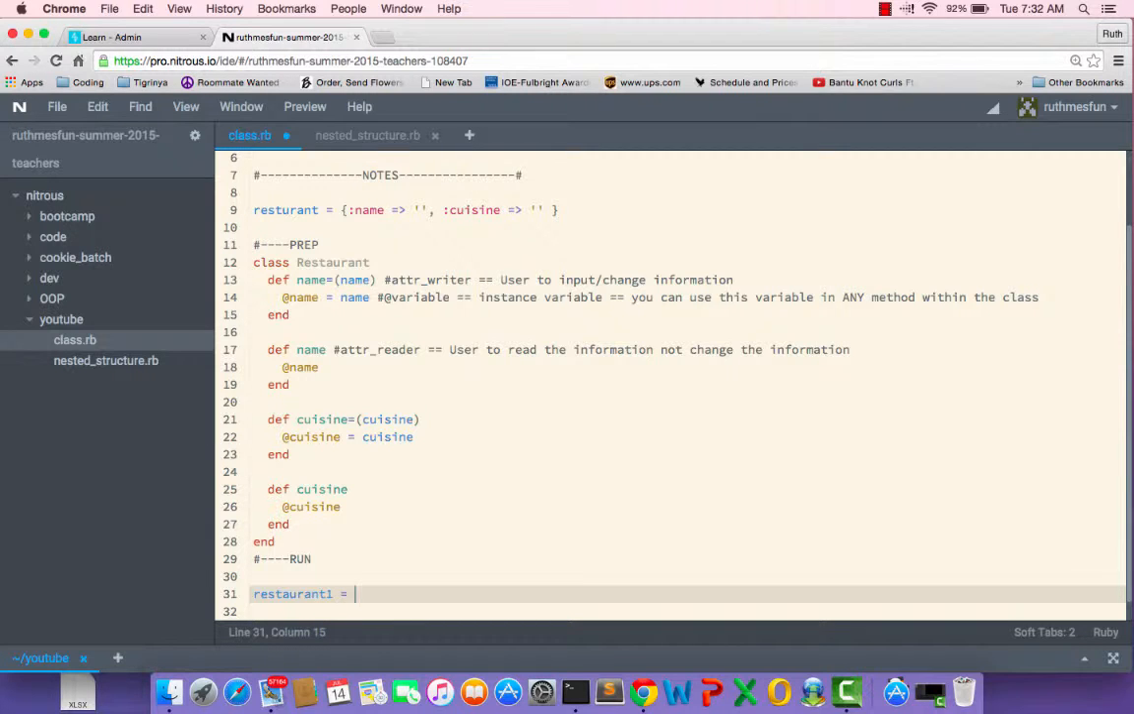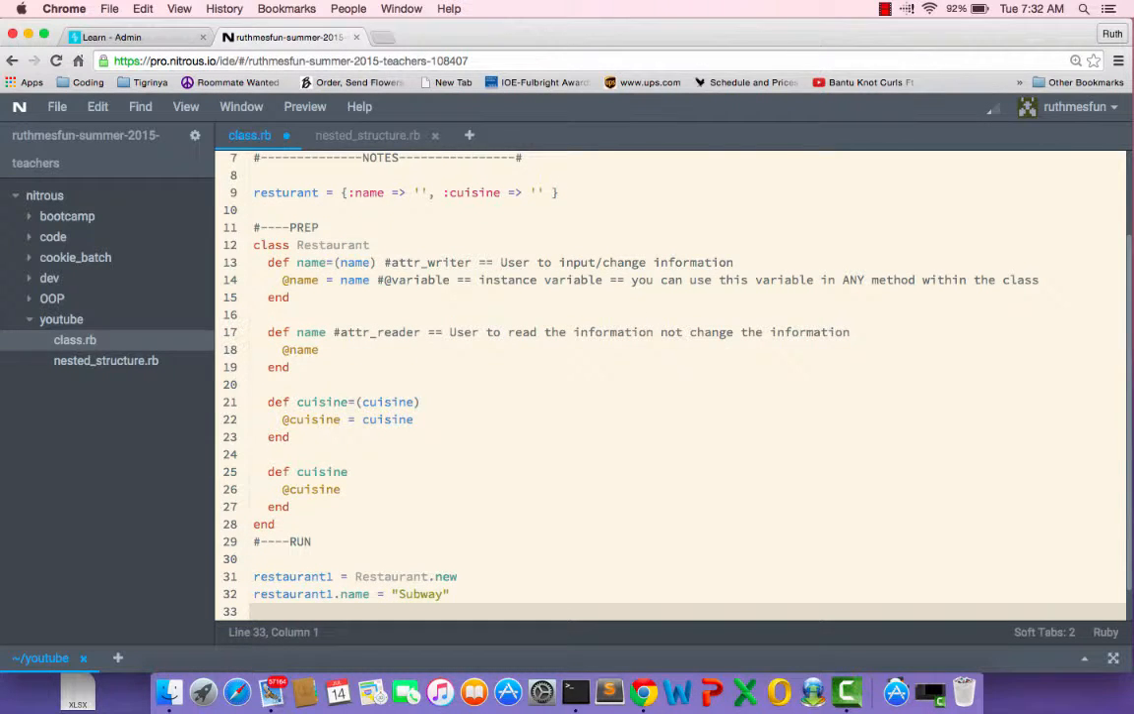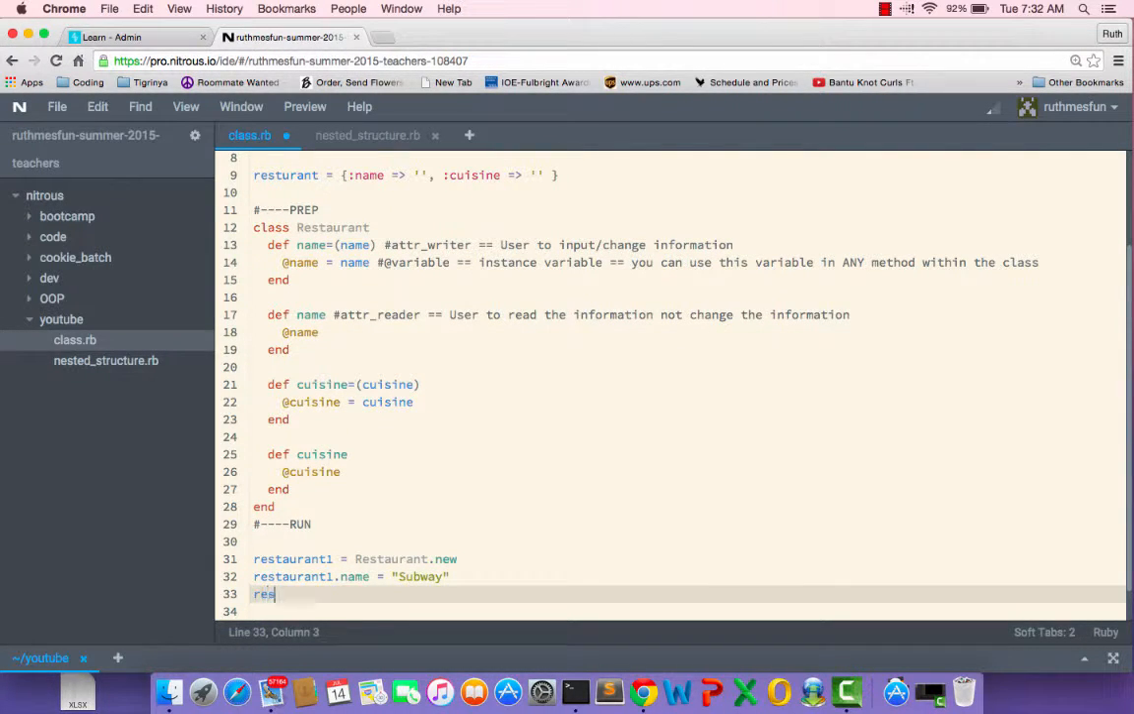Restaurant 1 equals restaurant dot new, and then we'll say restaurant 1 dot name equals Subway, and then we will say restaurant 1 dot cuisine equals sandwich shop. Okay,